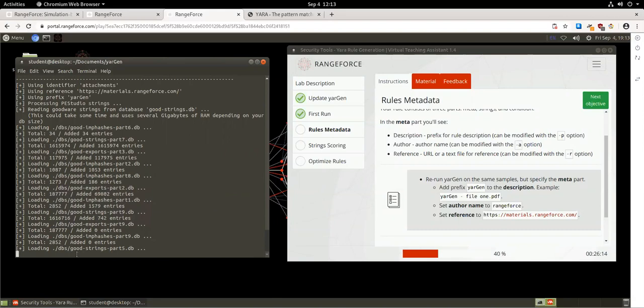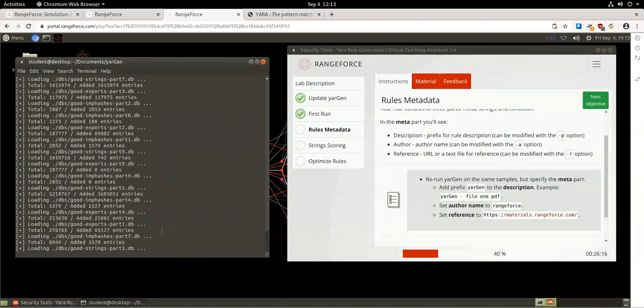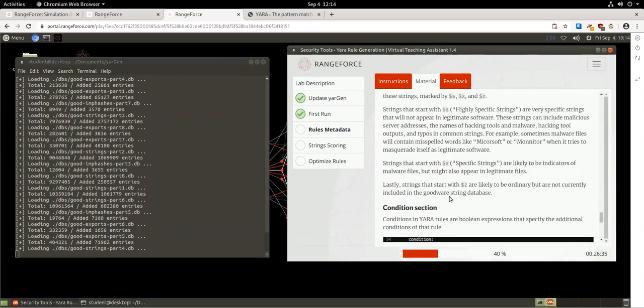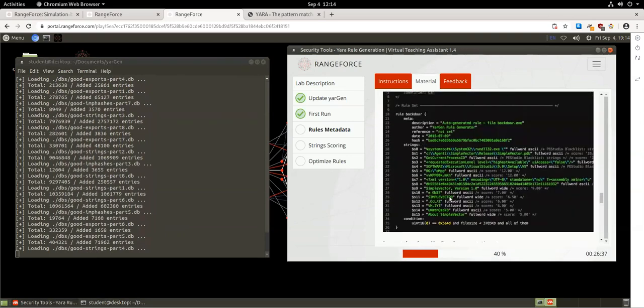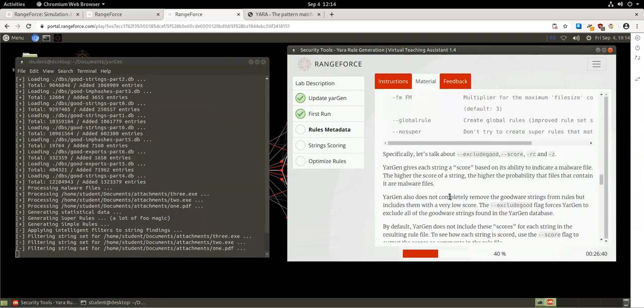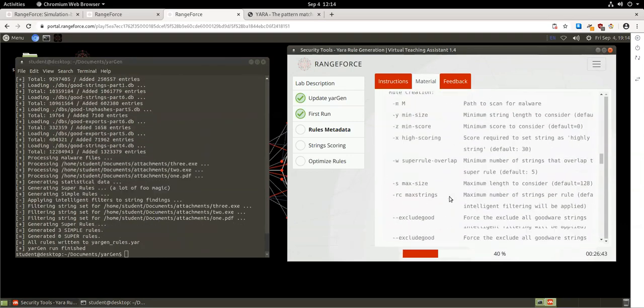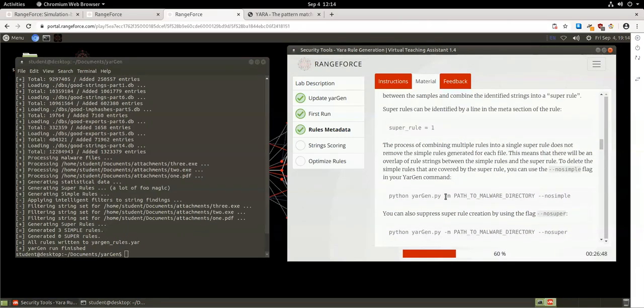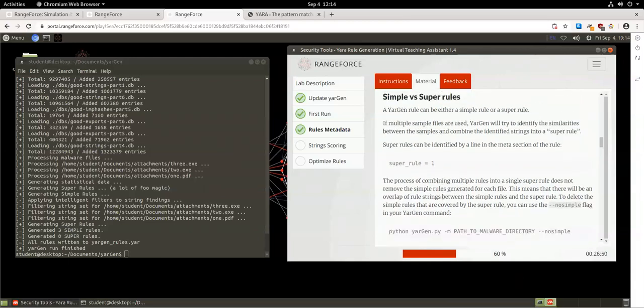So while this is running too, something that caught my eye with the last iteration, and I'm sure it'll pop out this time too, was that it said it generated 3 simple rules and 0 super rules. So I thought that was kind of a neat thing that was mentioned in the materials, you know, simple versus super. When we were looking in our text editor earlier, yeah, there it says it again, generated 3 simple rules, 0 super rules. So it broke out condition sets for each of the 3 files that were in our